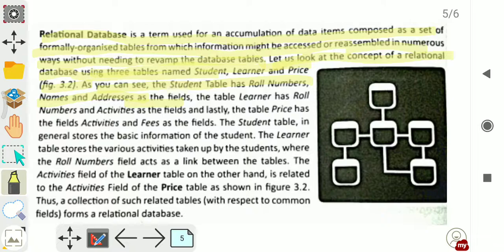the fields. One thing you should know is that the rows in a table are known as a record or tuple, and the columns in a table are known as an attribute or field.